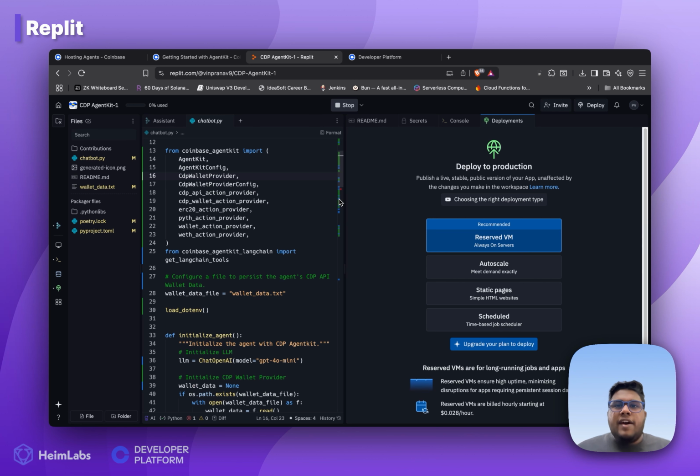But a critical warning: Replit is fantastic for testing but not for production. The default wallet storage method isn't secure enough for mainnet deployment with real funds. For production deployments with real assets, you would want traditional cloud hosting. You would have to set up everything manually. That means you clone the repo, install the dependencies, and set up environment variables directly in your cloud server.